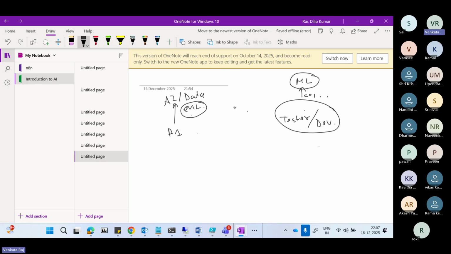Now what we'll be doing through this course is we will be somewhere in between. This is the real scenario the market is looking for: someone who knows how to use the model and also knows what goes behind the model. So after this course, if you put in a bit more effort, you can go into the AI field. And if you don't want to give much effort and just want to use the model, you can go into this field. But definitely you have an edge in clearing most of the interviews of product-based companies. This is one thing I can guarantee.